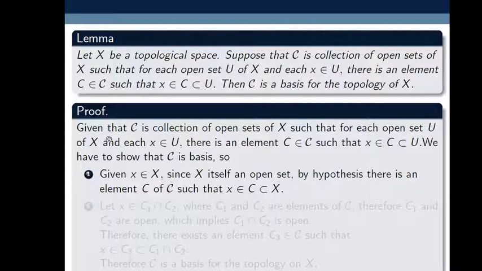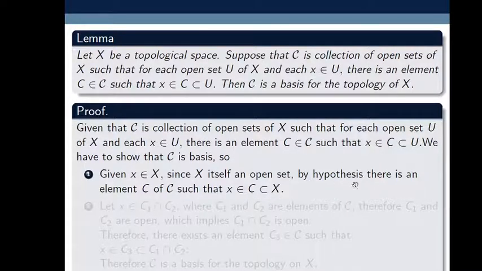Why? Because we know that every element in a topology is open. X is a topological space, so X itself is an open set. So here I choose one element x from the open set X. Therefore, by hypothesis, there is an element C of script C such that x belongs to C, C is contained in X.